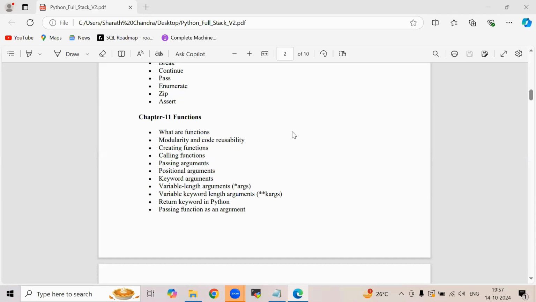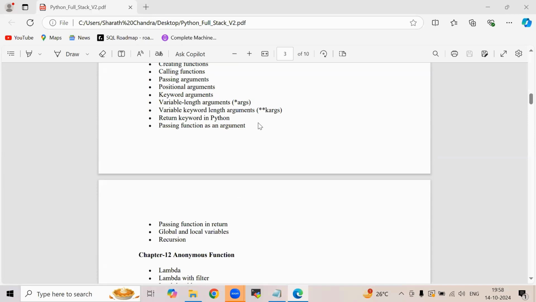So what modularity and code reusability do is, instead of writing those programs again and again, you can just import those programs into your program and enjoy the properties of those programs. So that is in the case of functions. I hope I'm clear. Great.